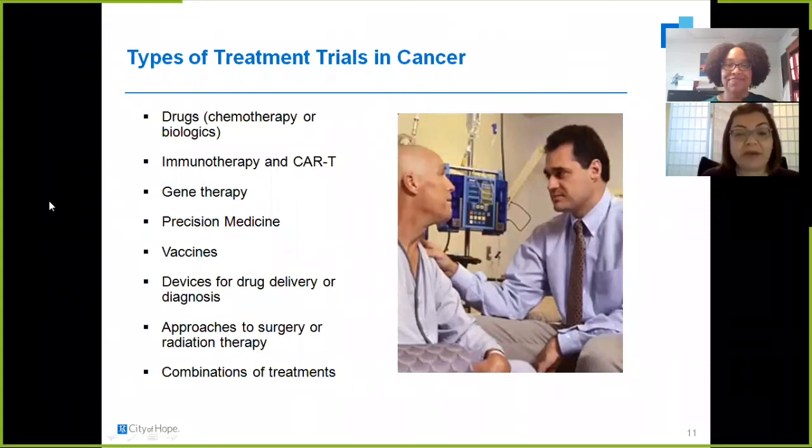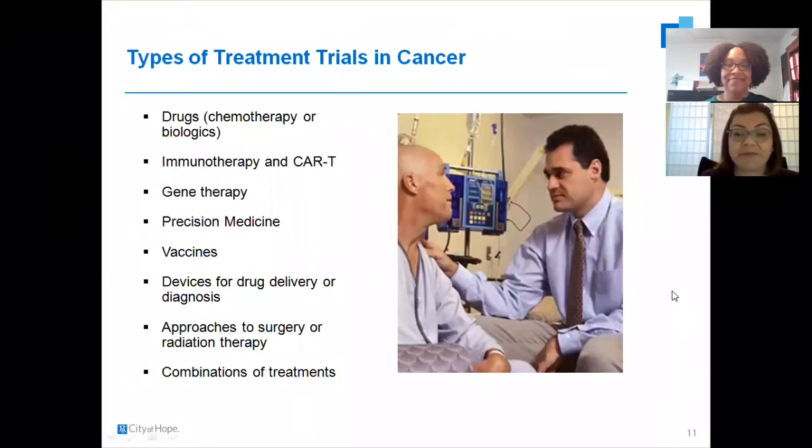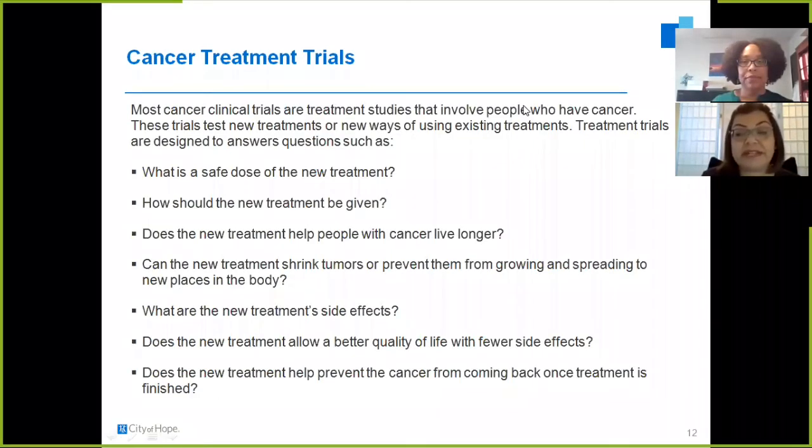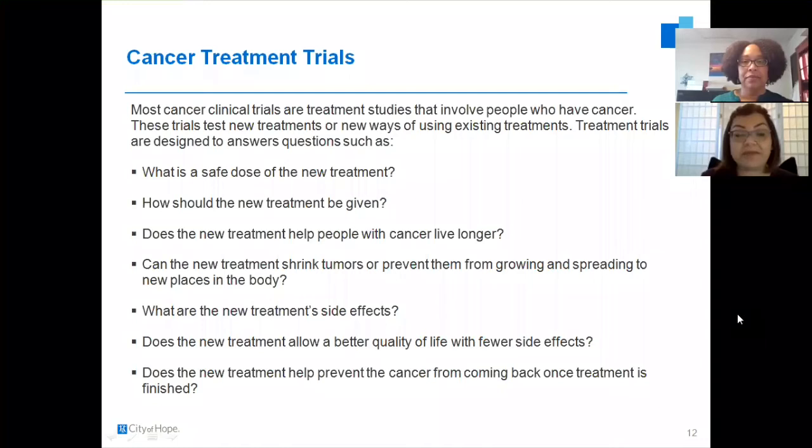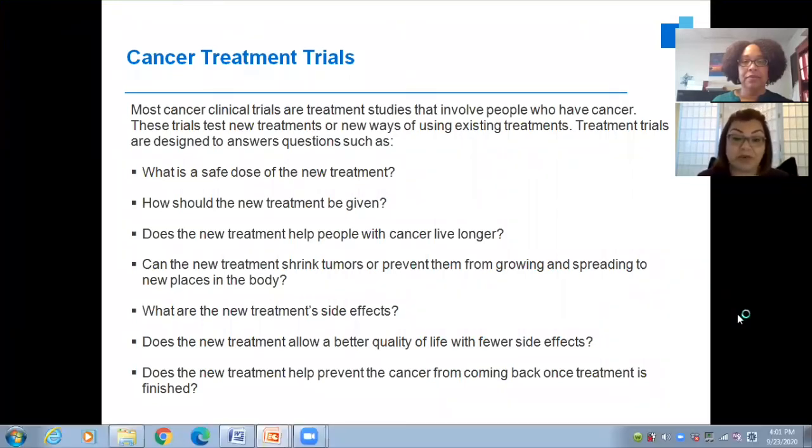I will pick it up here at types of treatment trials in cancer. We have drug trials, we have immunotherapy and CAR-T, gene therapy, precision medicine, vaccines, devices for drug delivery or diagnosis, approaches to surgery or radiation therapy, combinations of treatments. Most cancer trials are treatment studies that involve people who have cancer. These trials test new treatments or new ways of using existing treatments and are designed to answer questions such as,